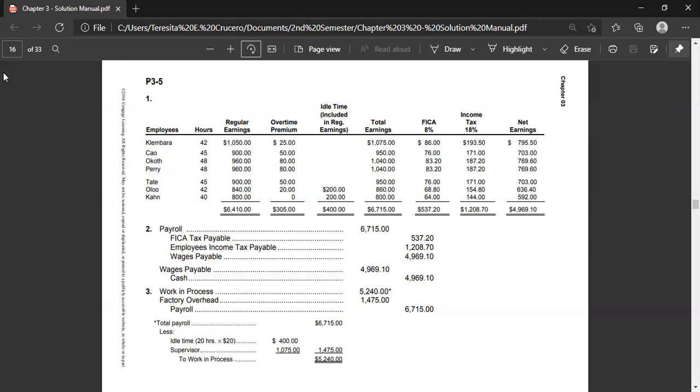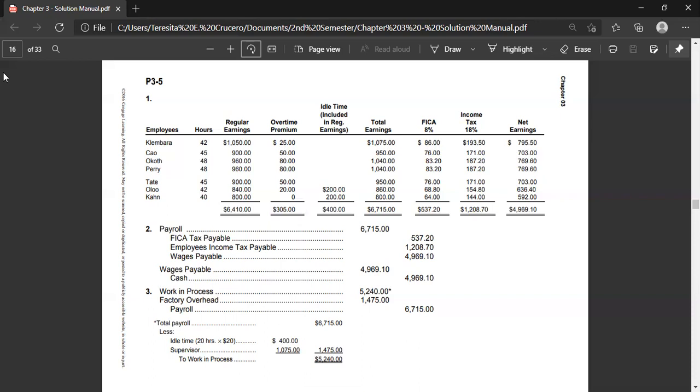So in other words, we are going to use the rate of 25 for Klimbara multiplied by the number of hours. So she gets 1,050. The rate of Klimbara is 25. And now the total earnings of 1,050, then we add